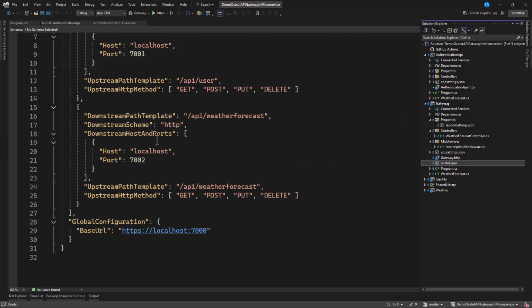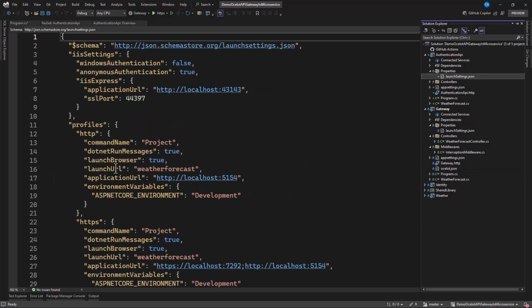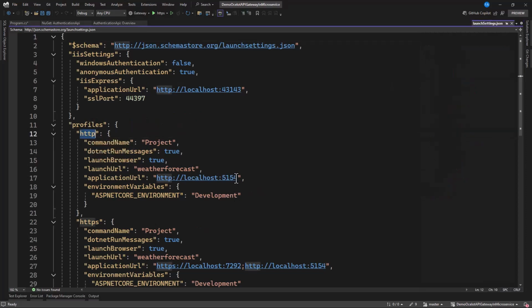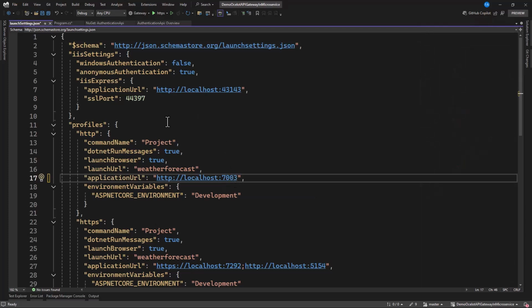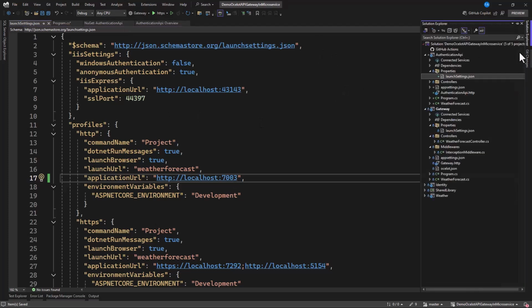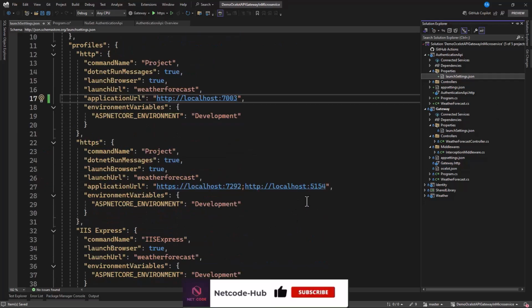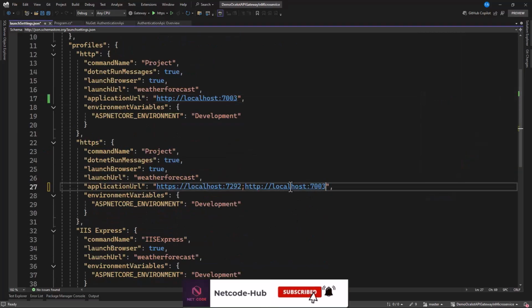And this should be in HTTP. So let's go to authentication, properties, launchSettings.json, and where we have the profiles, where we have this HTTP, we're going to make this 7003. So we have 7001, 7002, and then 7003. So we need to also make it 7003.